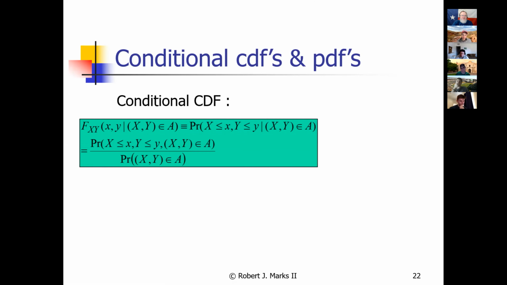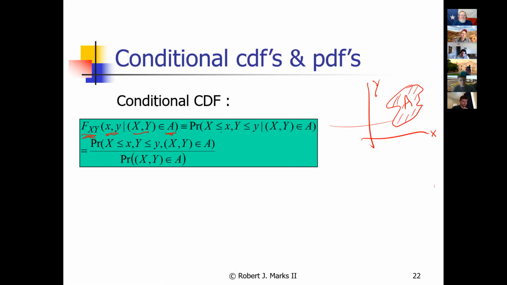So let's talk about a conditional cumulative distribution function. This looks kind of scary, but it's not that big of a deal. Let's take a look at it. This is a conditional cumulative distribution function given that x and y lies within an area of A. In other words, you're given an x and y, but somebody comes along and says, hey, guess what? I can tell you that this random variable lies in this region A here, so you don't have to worry about it appearing everywhere at all. We know that it appears in this area A, correct?